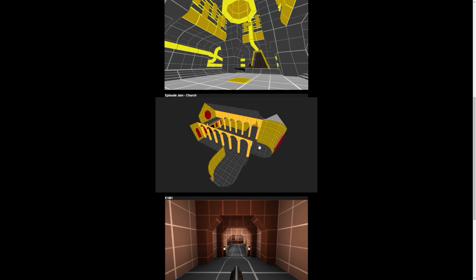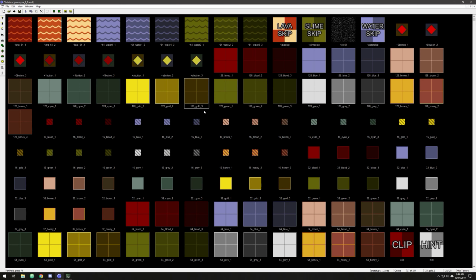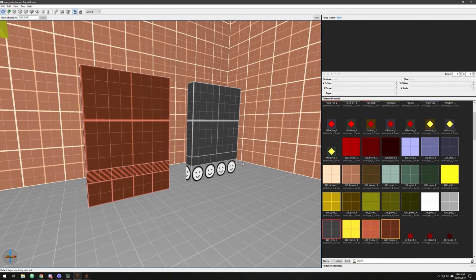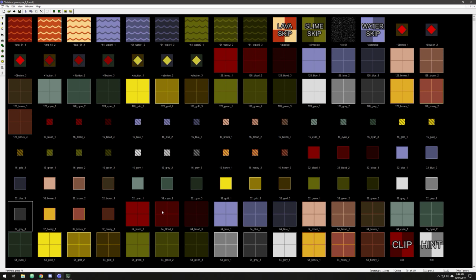So without further ado, let's start with Prototype WAD. Prototype WAD was created by Krathor, aka Creator. The most recent version at the time of this video is 1.2. This one is made up of most of the colors in the Quake palette with 16 by 16, 32 by 32, 64, and 128 variants as well. The WAD also has solid versions of all the Fullbright colors in the Quake palette, which can be handy for lights and other highlights in a map.